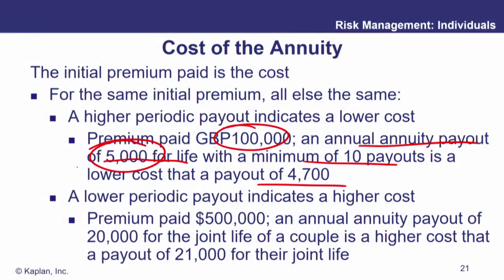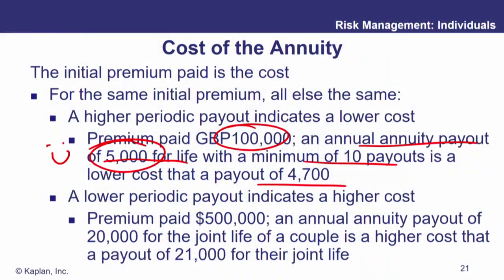Which one cost less? Now, I know the initial premium was the same, and I know we call the premium the cost, but in this context, we're saying, what did you pay versus what are you going to receive? For the same initial payment, one of these will pay you more. That's the better deal. That is, quote, the lower cost product. But it was critical that everything was identical except one variable. One of them pays more a year, one of them pays less a year. The better deal, the quote lower cost, is the one that pays you back more. The lower periodic payment is higher cost.